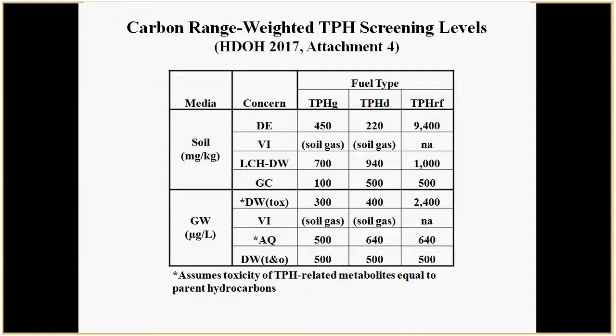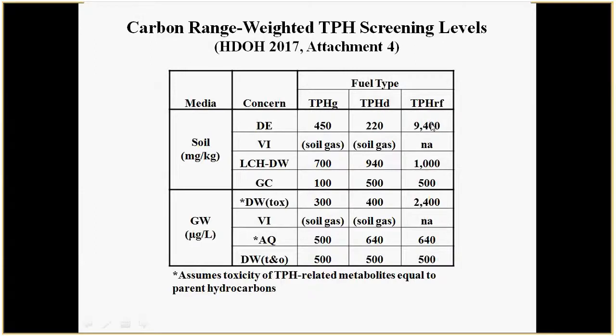Again, this is nothing new. Massachusetts was doing this in the late 1990s. We were doing it in California in the early 2000s. So you can see for soil, direct exposure is kind of your RSL equivalent. For TPH gasoline, we calculate a screening level of 450 milligrams per kilogram. For diesel, because of these middleweight aliphatics that tend to dominate diesel, it's actually slightly more toxic than gasoline, higher risk. Direct exposure screening level 220 milligrams per kilogram.